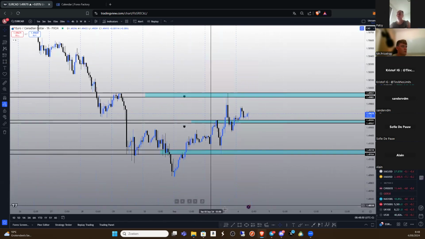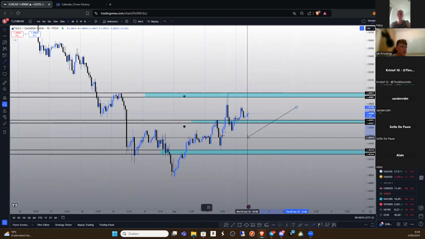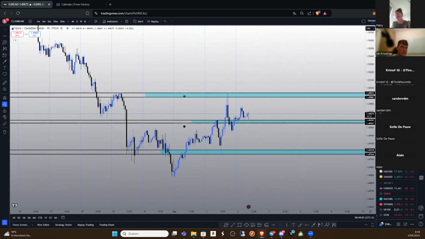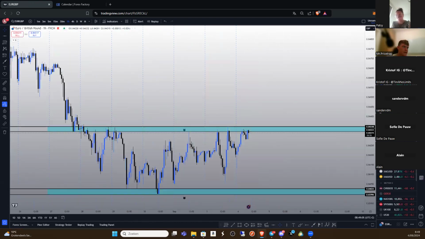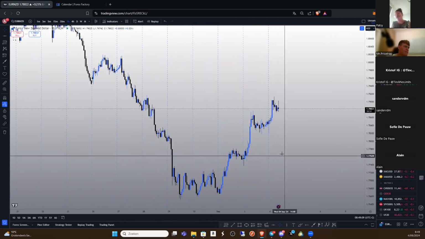There we go. So once again, two opportunities: a deeper retest into this level, somewhere around that, or just a breakout retest to the upside. Of course, we also have the breakout retest to the downside, but that makes sense, right? So this is Euro Canadian. Euro Pound is still in between our zones. Euro NZD.